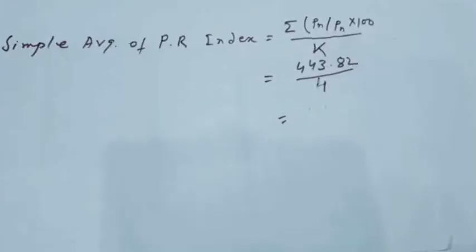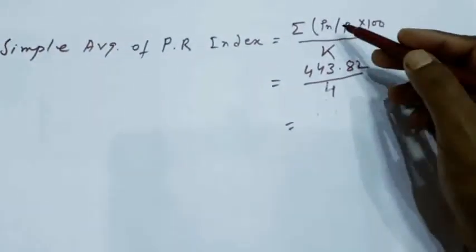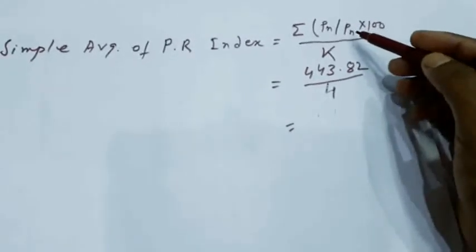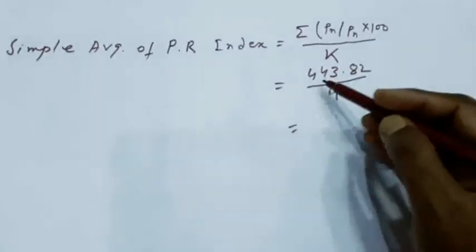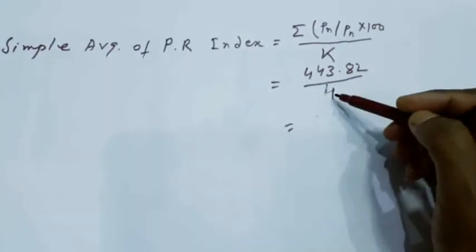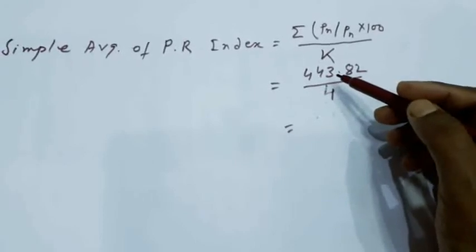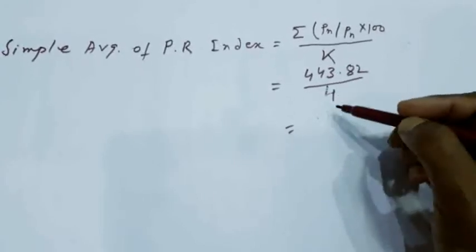It is 443.82, and K is 4. After putting this value in the formula, we get 443.82 by 4. Now if we put all this value in the calculator, we will get